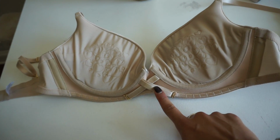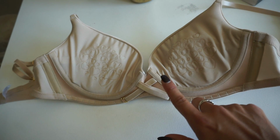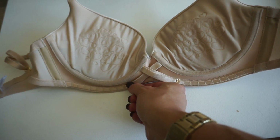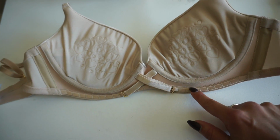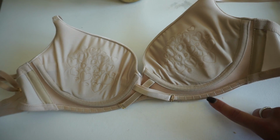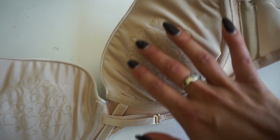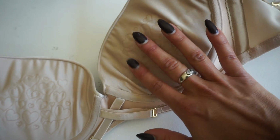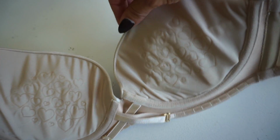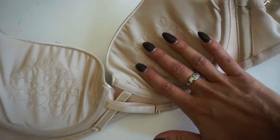So since I demoed in black, I figured I would show you guys the inside construction of the bra so you guys could better understand. These are the pull straps that bring your cleavage closer to the center. So by extending further out, you will bring them in tighter. I do also like the fact that there is this textured, grippy fabric here, so you're not gonna get any slippage, and it pretty much sticks pretty well to your skin, and that has the push-up